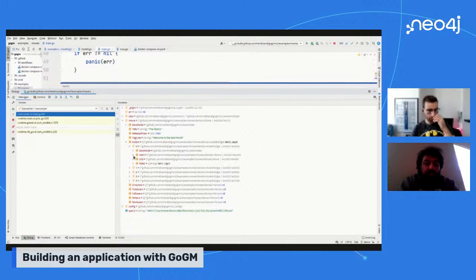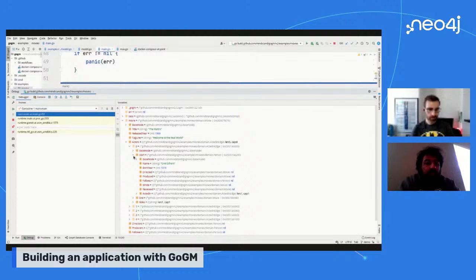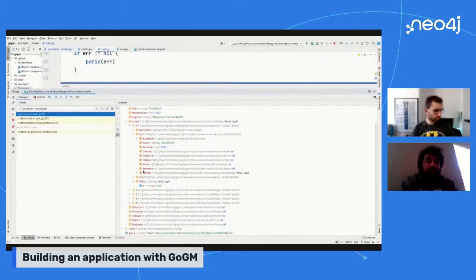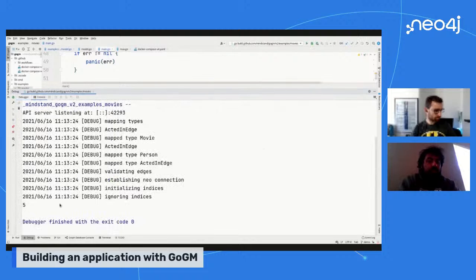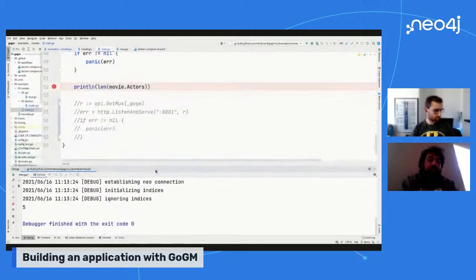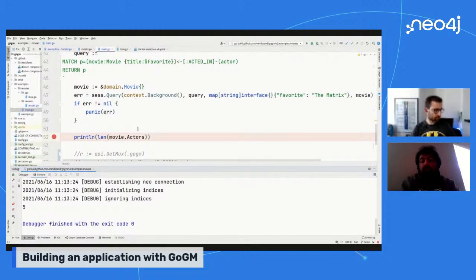And the start node is, when you're iterating through, you just grab whichever node is a different type to find, and you're using a special edge. So yeah, I'll just run this. And in the console, you can see it prints 5, meaning there are 5 actors for the movie The Matrix registered in the database.